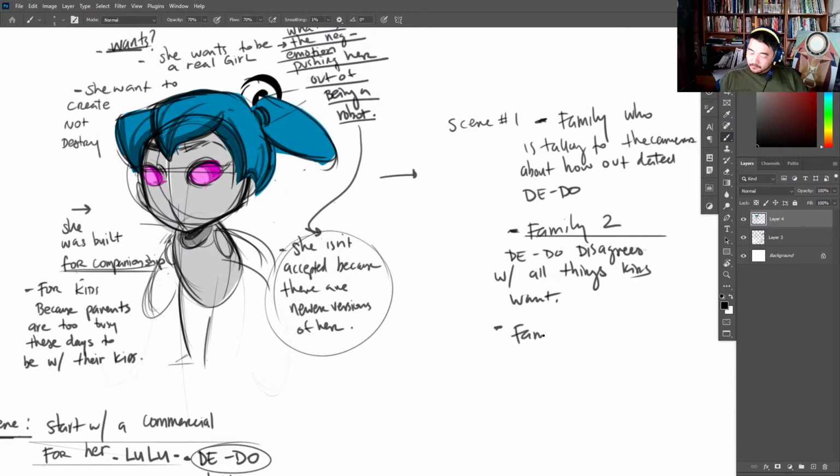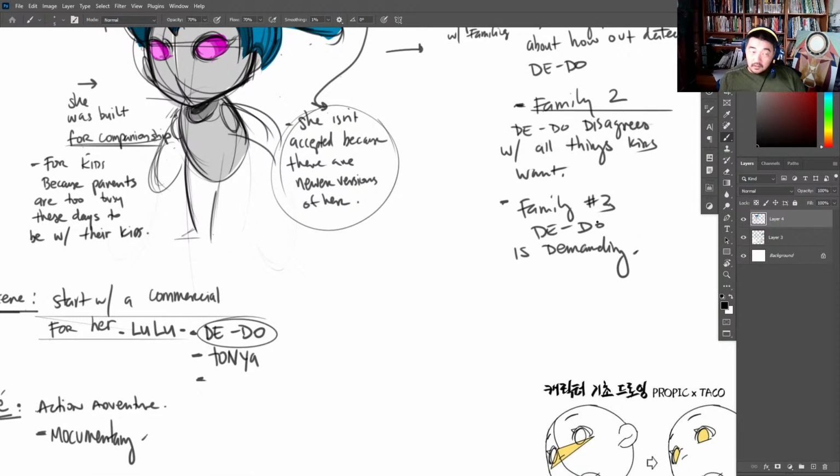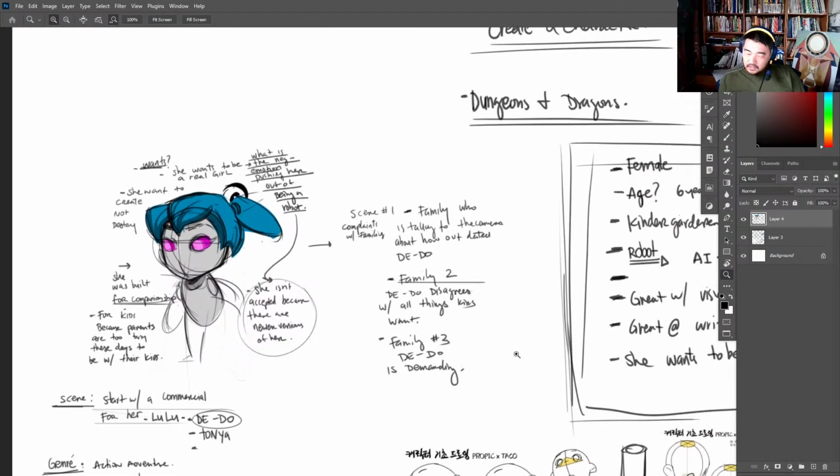Family 3. Dido is demanding. So these are all the complaints. Scene 1 is the complaints with families. And then we could go to the next scene, which